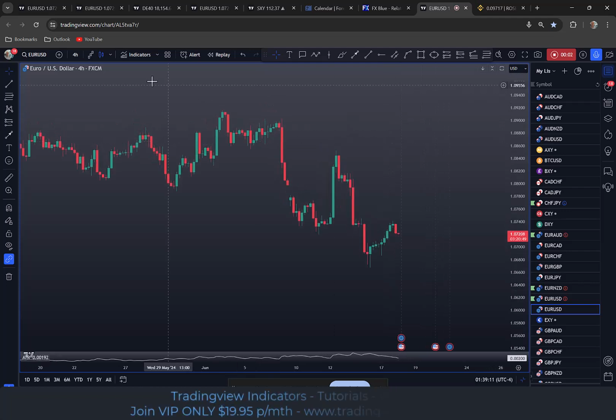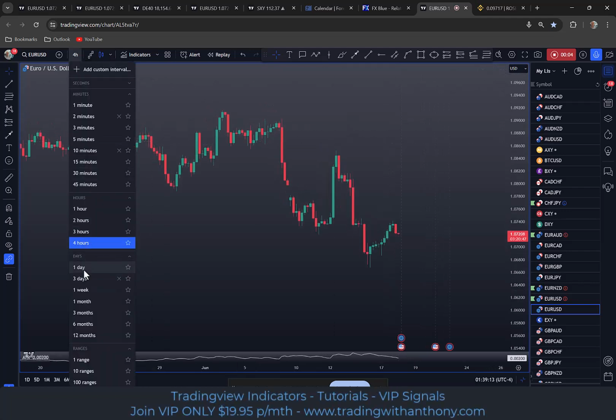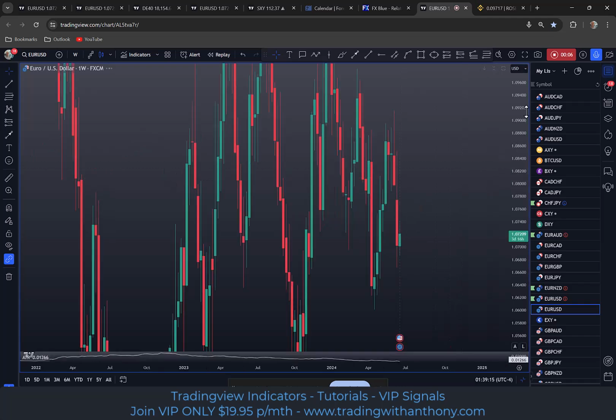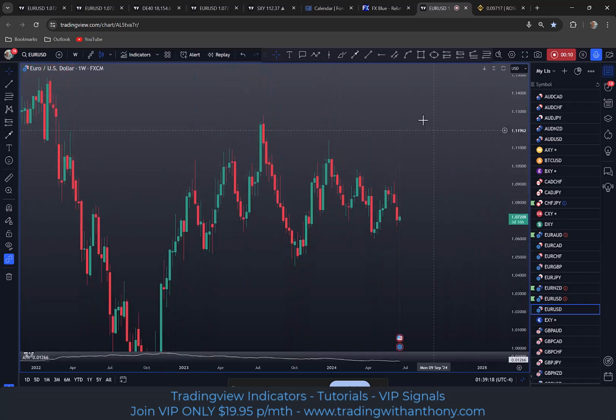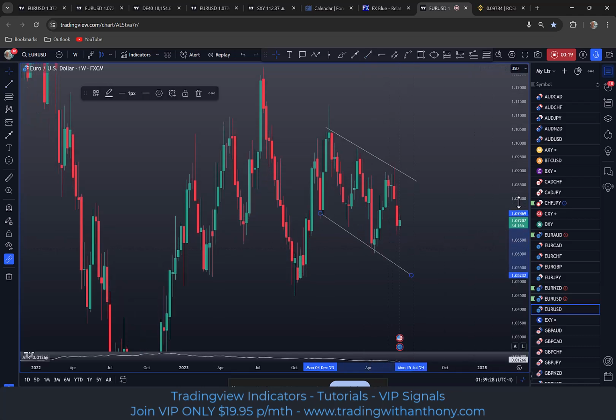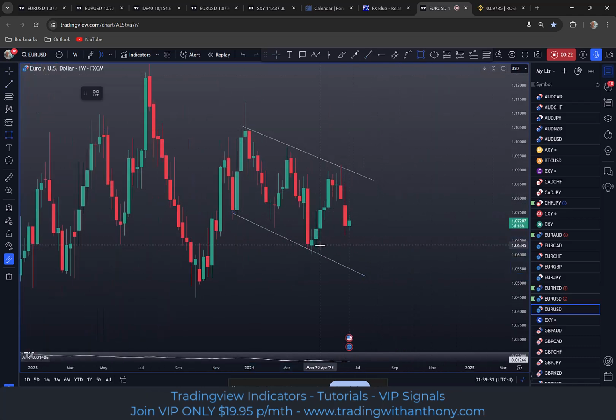Traders, I'm looking at the euro dollar. I'm going to go out to a weekly time frame and we'll do a quick top down. Alrighty, my bias with this is going to be short. We have these lower highs, lower lows on the weekly, and I'm thinking that the draw on liquidity would be